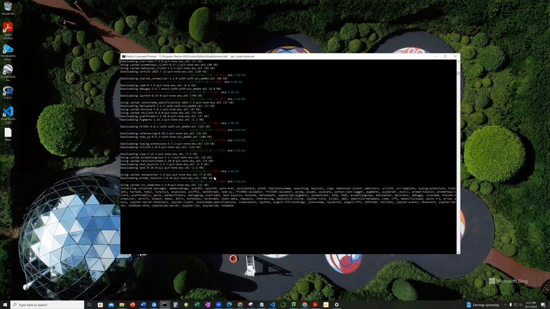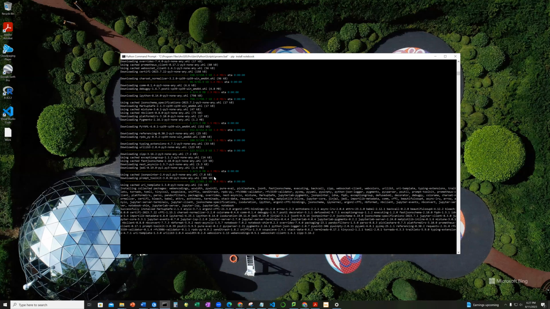In that case, you have to update the package that's causing the issue, and then try to reinstall the new package that you're working with. But this is just a pretty simple way of using your Python command prompt to install new packages and create a Python environment to work within